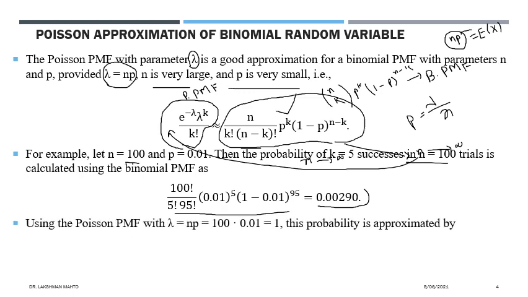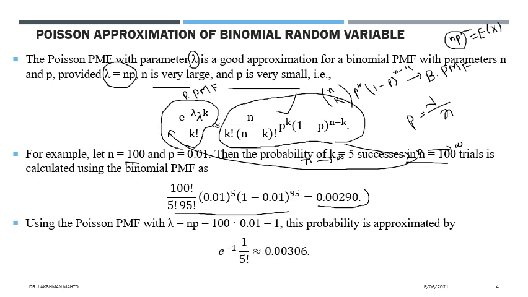But the same thing we can approximate by Poisson. How? Here we don't need n and p, what we need is the parameter lambda. Lambda is talking about the average number of outcomes. From the binomial, the average or expectation of a binomial random variable is np. So define lambda as the product n into p, and if you simplify, it comes out equal to 1. A very nice number. So we have lambda, and we need how many successes it is talking about.